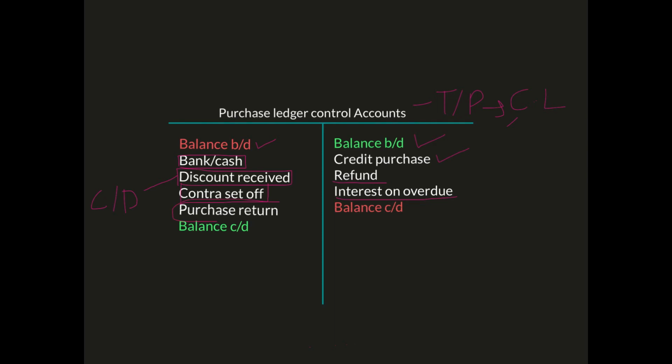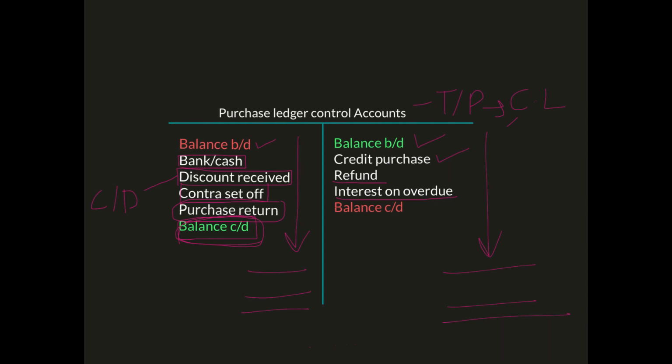Purchase return is when you return the credit purchases, so the amount you owe to your suppliers will decrease because you have returned some of their goods, for any reason, for example because they are faulty. Okay, so the balance CD on the credit side is your balancing figure. You will total the amounts on both sides, and the balancing figure will be your balance CD. This represents the amount that you owe to your suppliers at the end of the term.